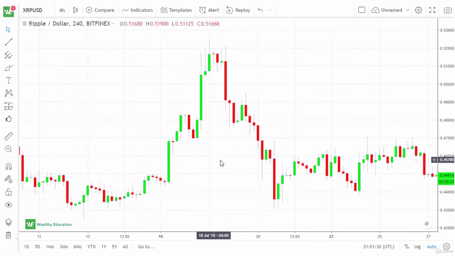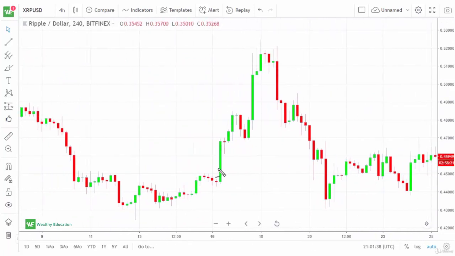But of course, you can see that we do pull back. I mean, think of it this way. Had you bought Ripple there and you saw this very negative candle with a very long red body, to perhaps be cautious. And that's the sentiment mindset of the candle. Each candle tells a story or tells a chapter in the overall story that is the market. And that's what we're going to look at in this course. So now that you understand the makeup of a candlestick, we can move further